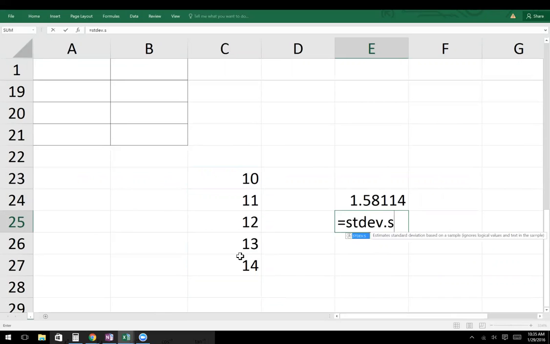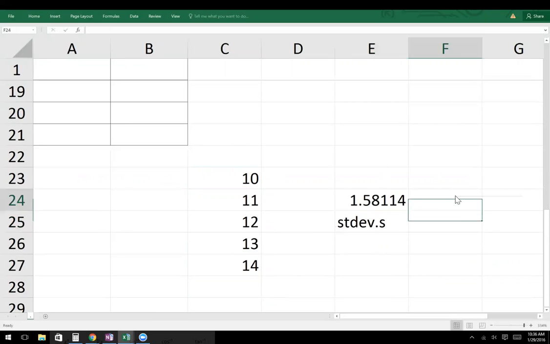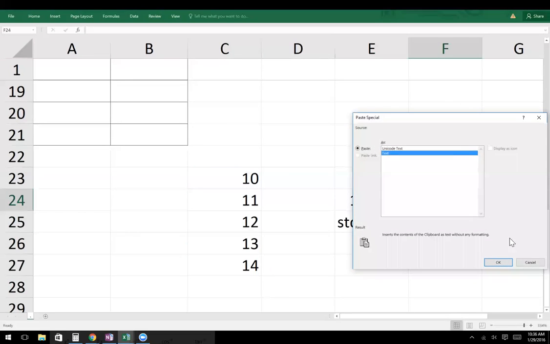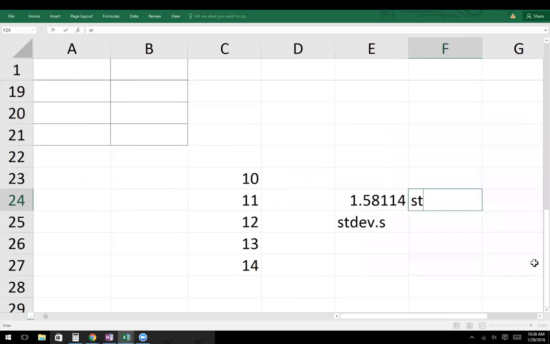Actually, let me take out the equal sign. That way you can see it. All right. This is for cancel. I don't know what I did. This is for sample